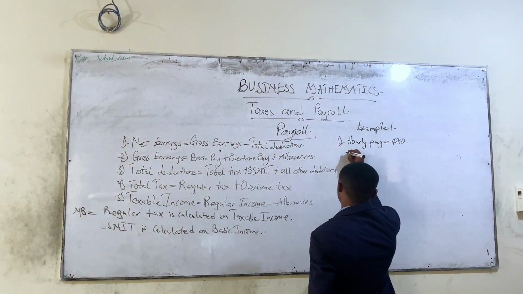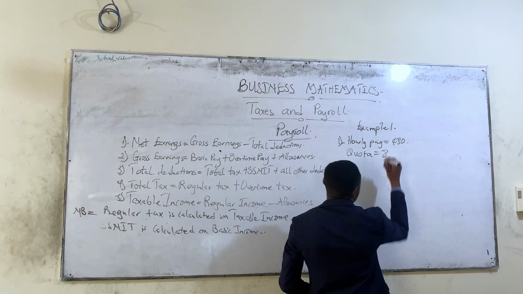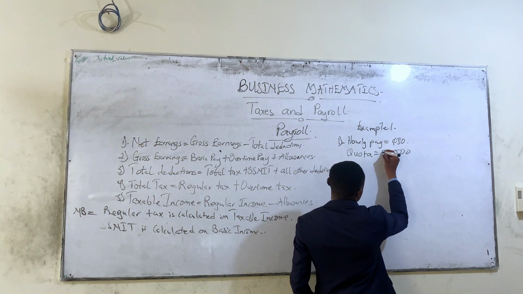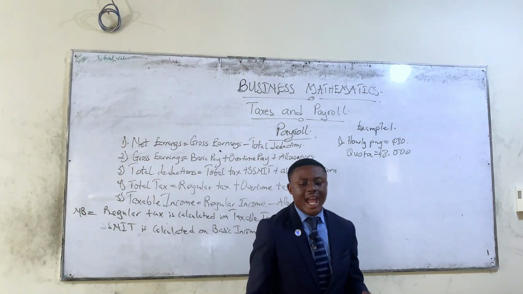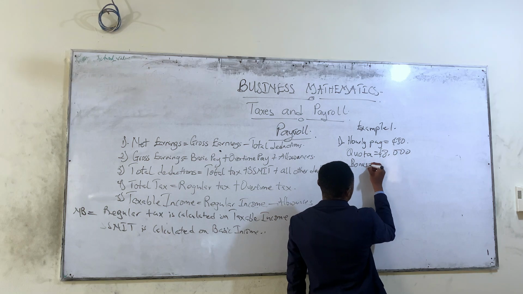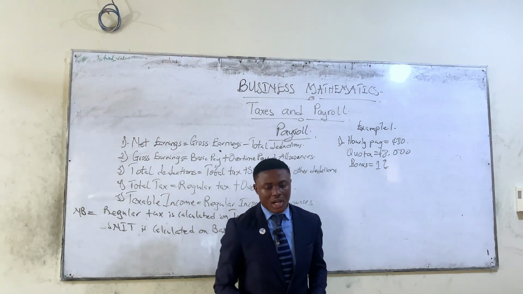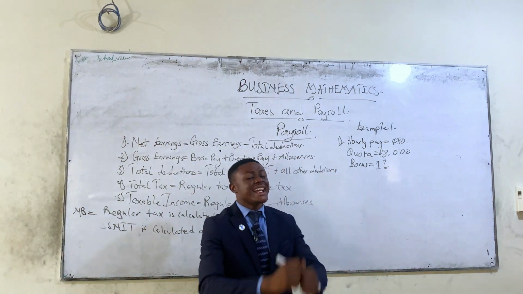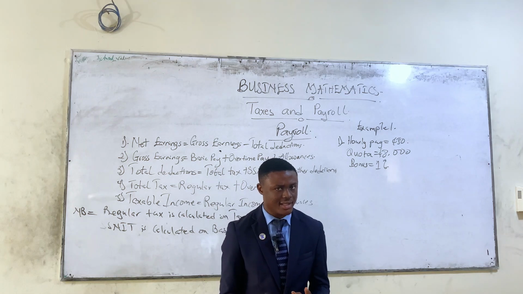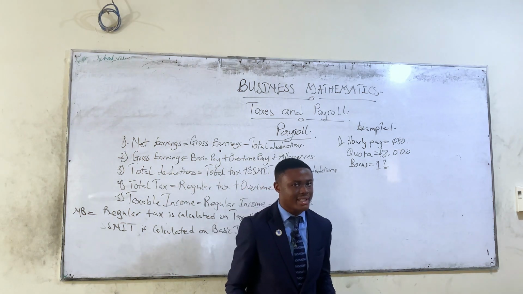So his quota is 8,000 Ghana cedis. And then a bonus of 1% on all sales. Are we good? Great. So if in a given week Musa worked for 49 hours and made sales of 10,000,